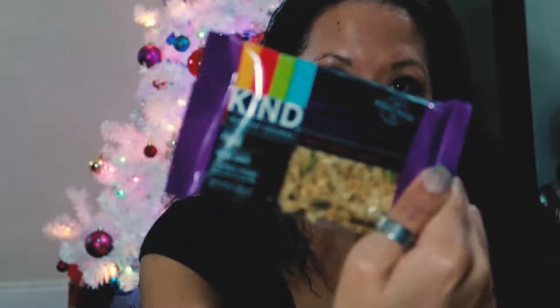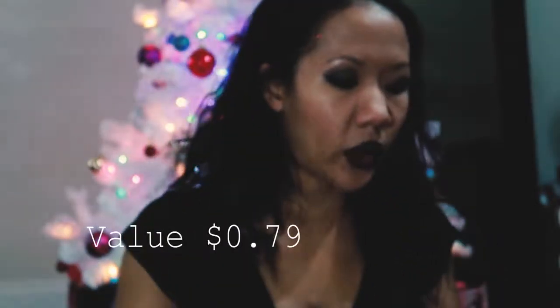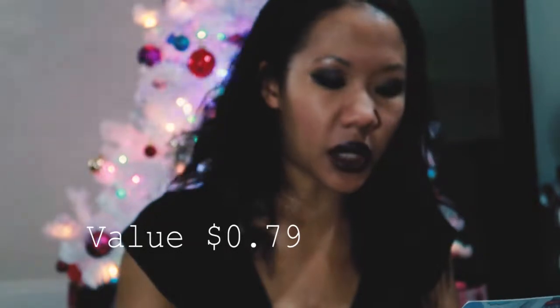And the Lifestyle Extra is this very expired, even though it doesn't look expired, Kind bar. A healthy grains bar, maple pumpkin seeds with sea salt. A 15 pack is $11.88. The perfect combo of salty and sweet. These delicious treats pack a whole grain punch. So the value of this first box from April 2014 is,